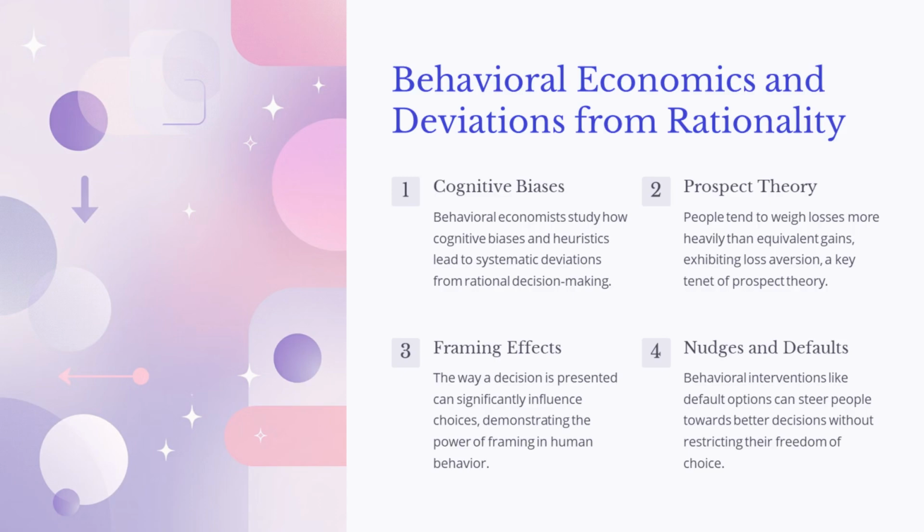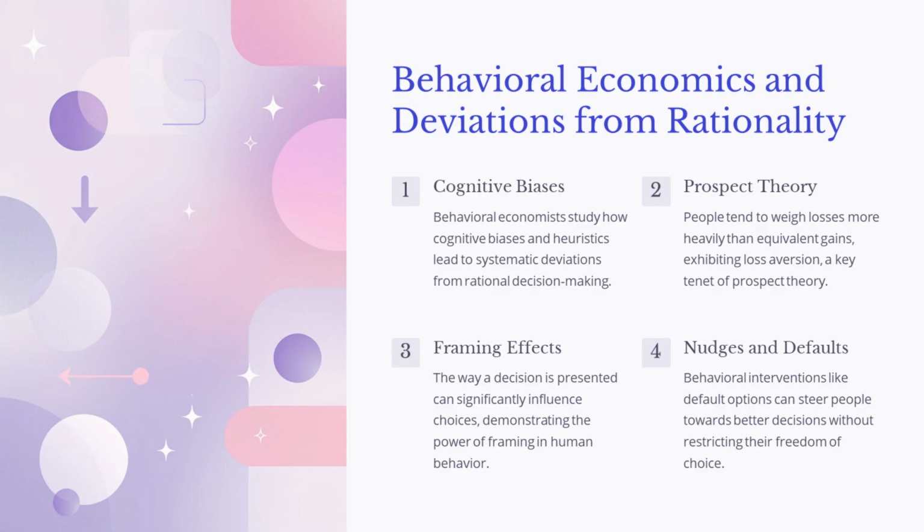Behavioral economics is the study of how cognitive biases and heuristics lead people to make decisions that deviate from what would be considered rational. Cognitive biases are systematic errors in thinking that influence our judgments and decisions. Prospect theory shows that people feel the pain of losses more strongly than the pleasure of equivalent gains, leading to